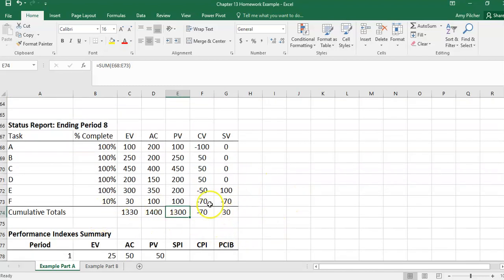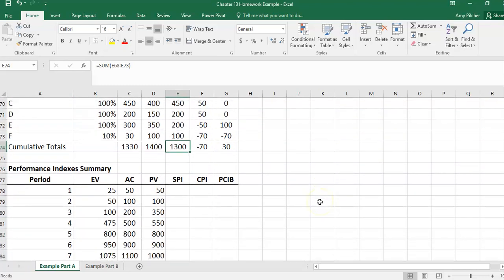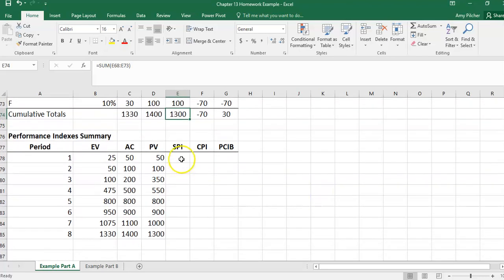So where we are on cost overrun and our schedule. We were ahead of schedule for E, but we're currently behind schedule on F. Now we're going to look at our performance index summary. So we're going to look at our schedule performance index, cost performance index, and the percent complete index